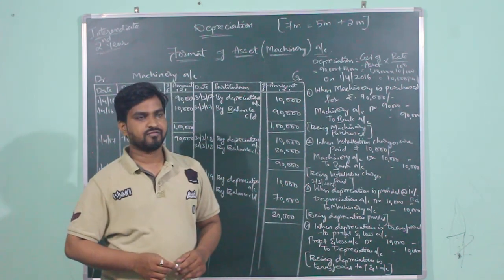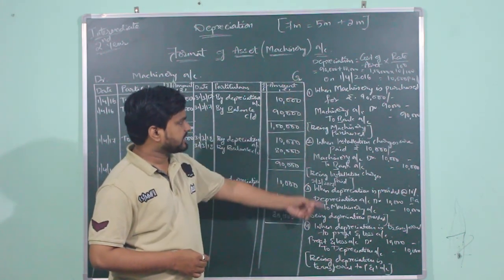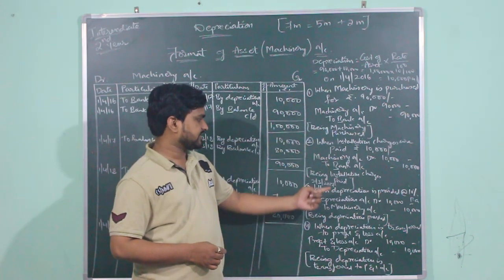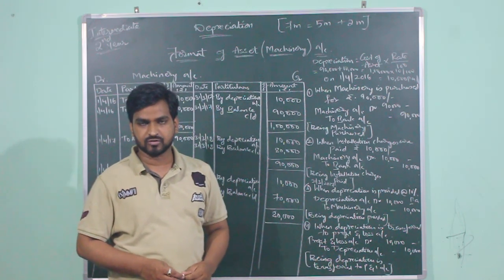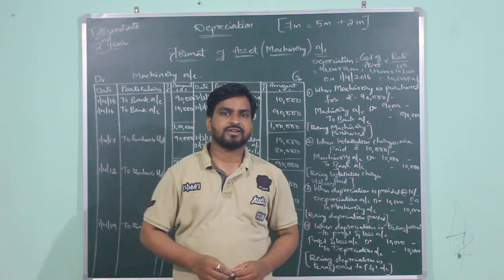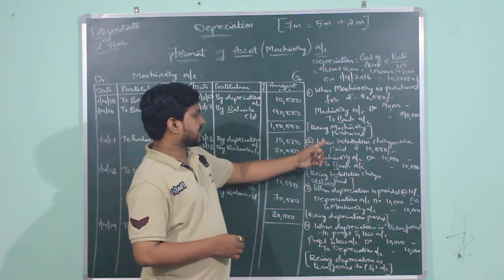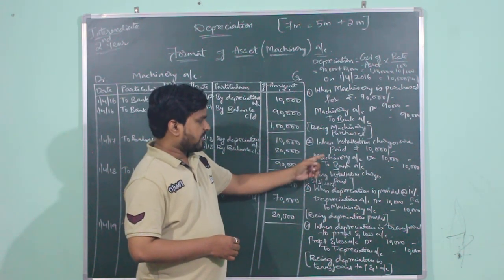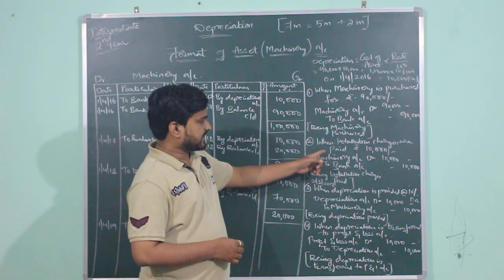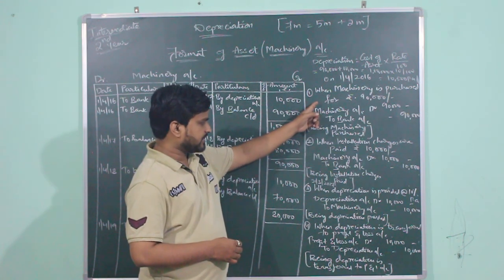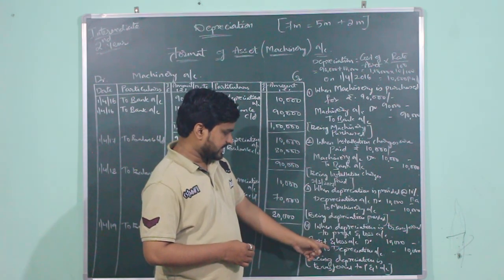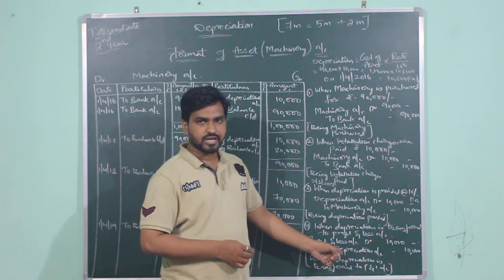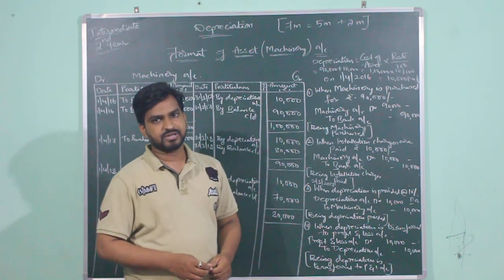So for the first year, we have 4 journal entries: when the asset is purchased, when installation charges are paid, when depreciation is provided, and when depreciation is transferred to profit and loss account. But from the second and subsequent years, there can be an entry for installation charges, but there will be no entry for purchase of asset. Next, we will be providing depreciation at the end of the second year, and we will be transferring the depreciation amount to profit and loss account from the second and subsequent years.